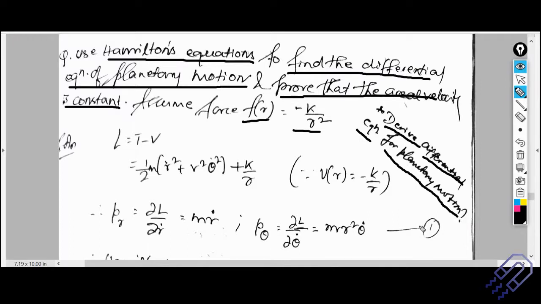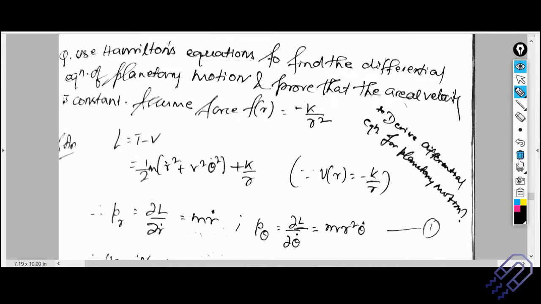Okay, so whatever steps we are doing, we have seen it before also, we are just going to revise it, okay, in a proper way. So it's a central force problem, so we can simply write it down. What is the Lagrangian, which is T minus V. So it's basically a planetary motion. So you've seen it at the end of the second unit, beginning of first unit, and so on.